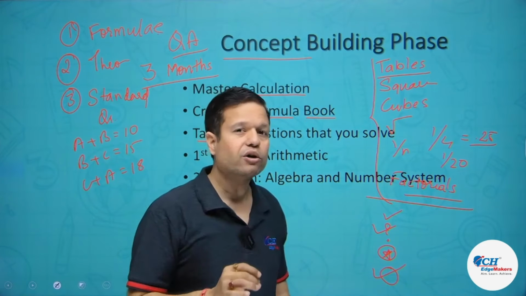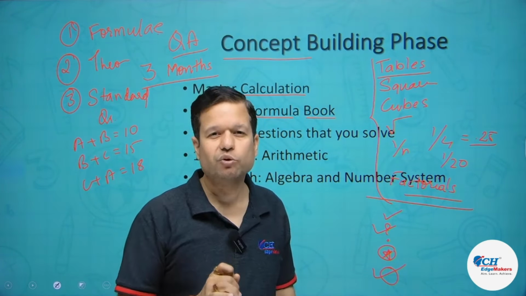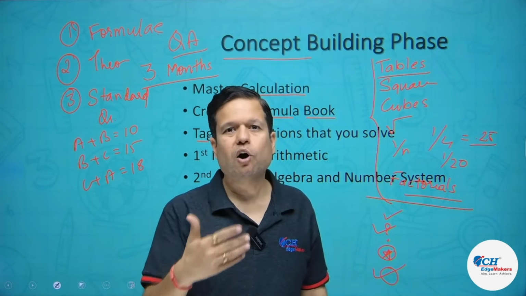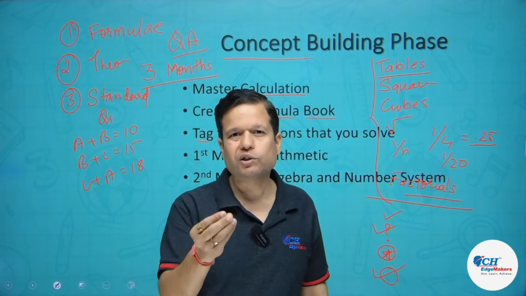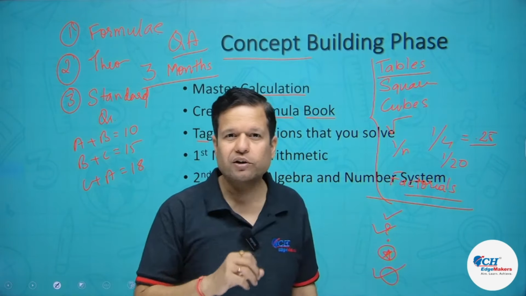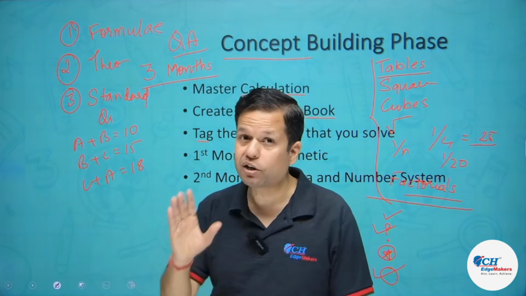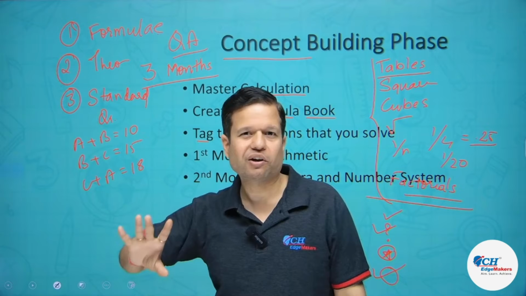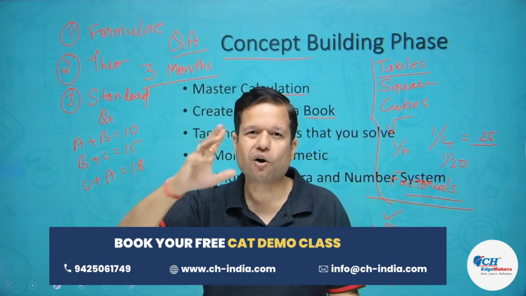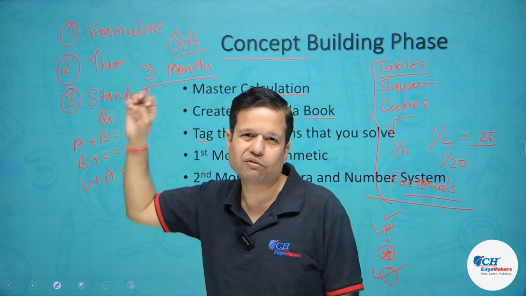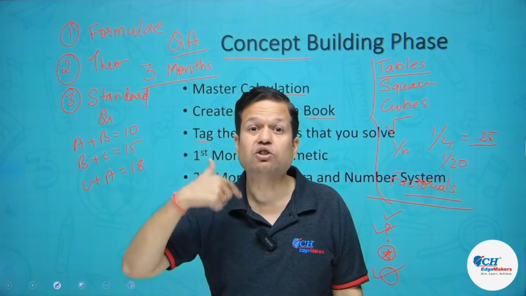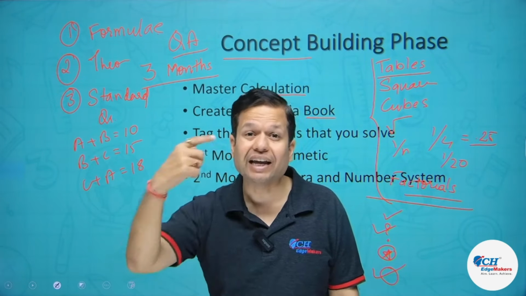This is also important for people who have equation phobia or variable phobia. Normally people from a non-math background have this equation or variable phobia. For them, algebra and number system are important, and there this formula book will play a role, because you are writing everything down. Let's say you are doing logs and you are writing everything about log. What are the different formulas of log, what are the different theorems of log, what are the standard questions of log. So you can repeat it, resolve it, and revise it again and again.